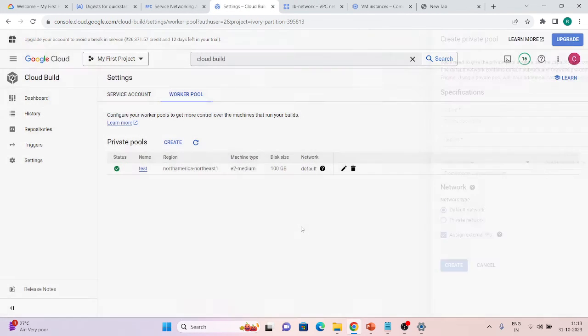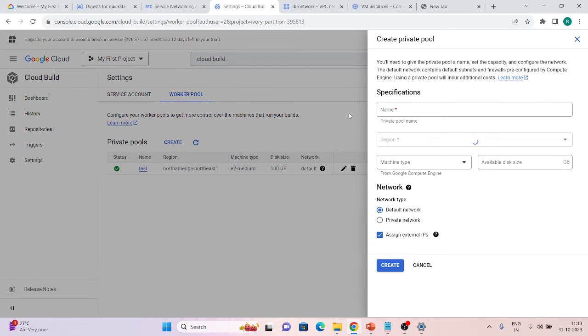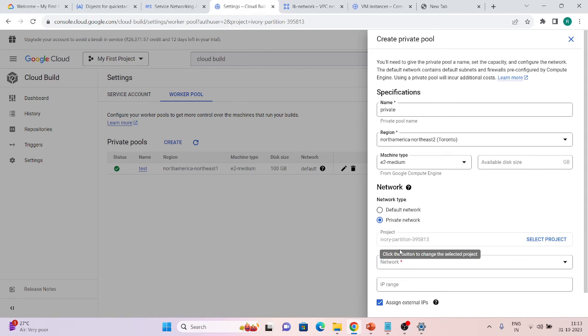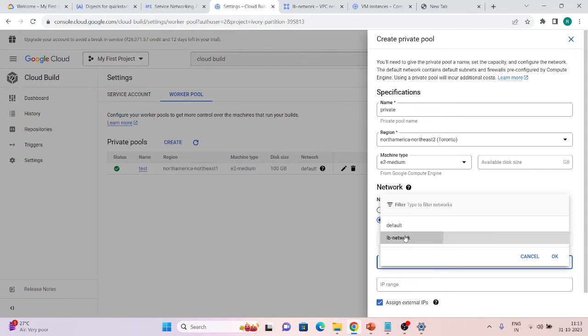Now let's go back and create one more pool. Let's give it the name private, and choose a region. Machine type, let's go with E2 medium, and this is a private network. We have to choose our network, which is our LB network.